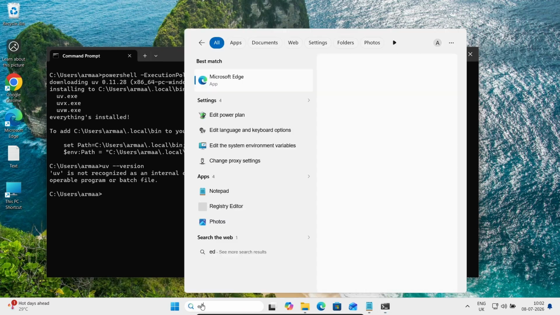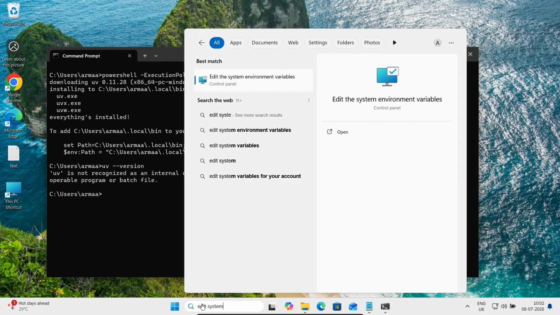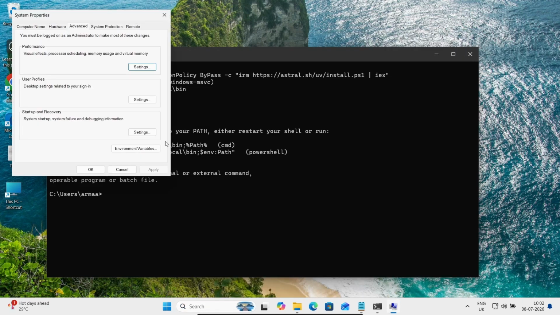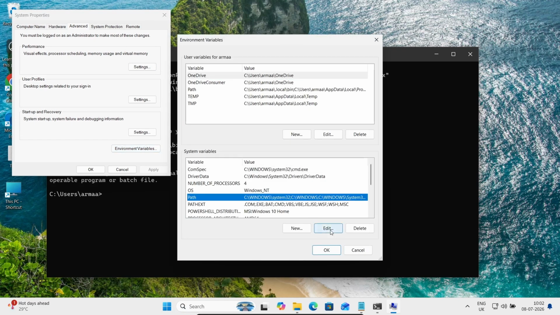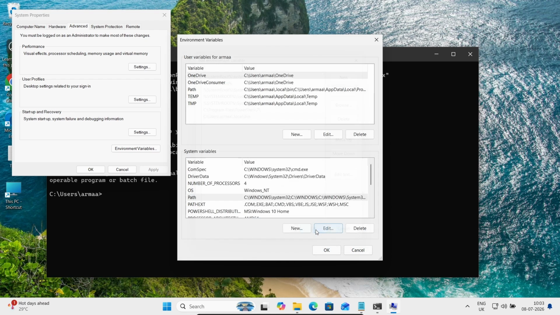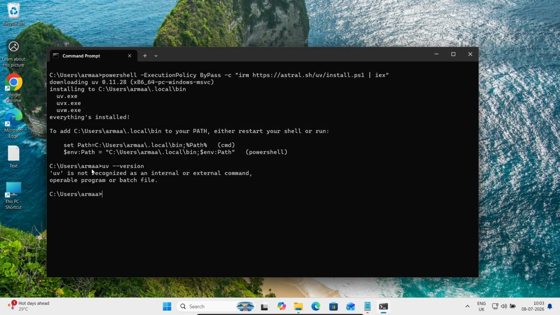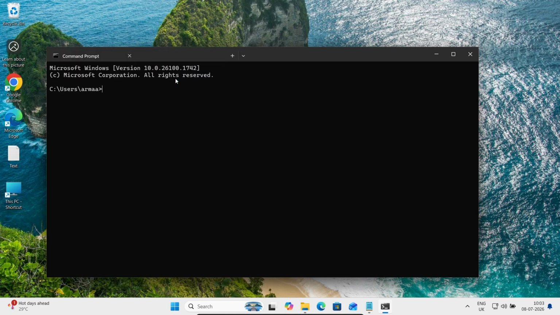Here, search for edit the system environment variables. Environment variables. Next, you need to go to this path, click on edit, new, and paste it there. Okay, okay, then okay. So if you write uv again, you get the same message, so you need to open the command prompt